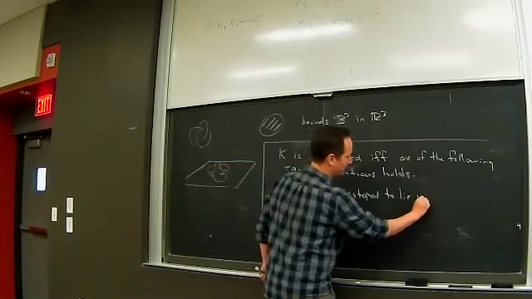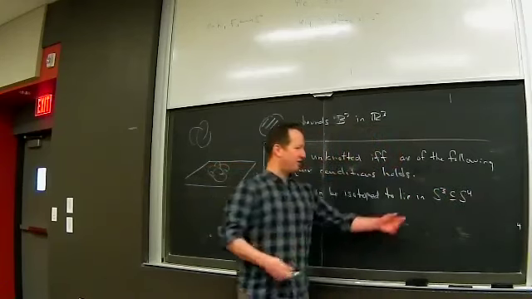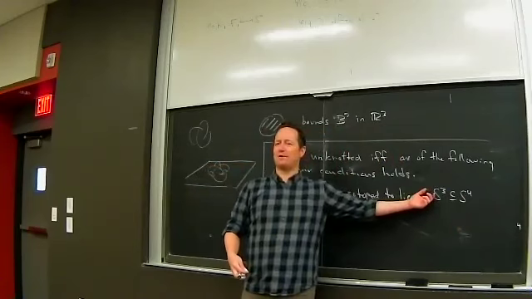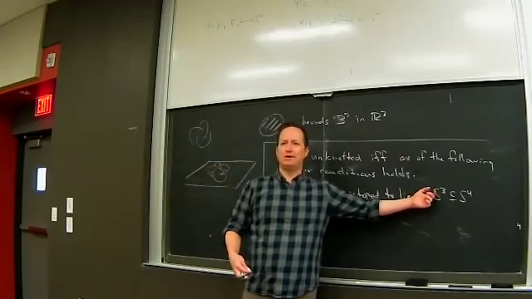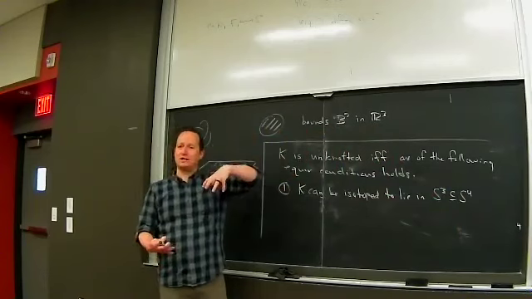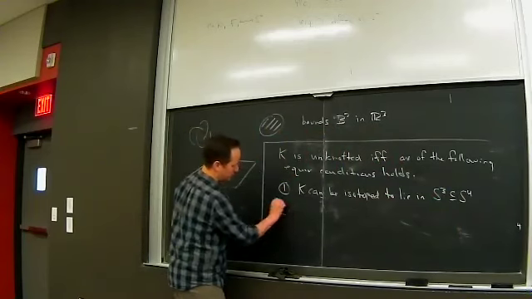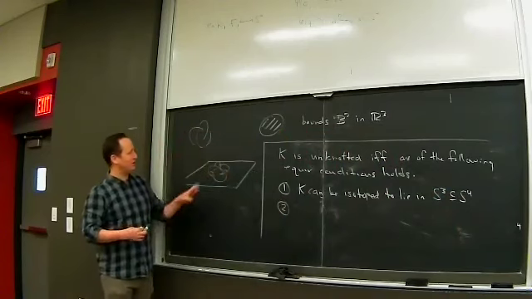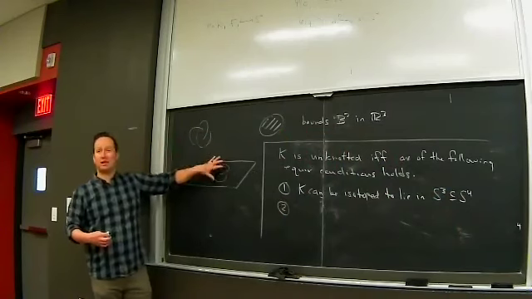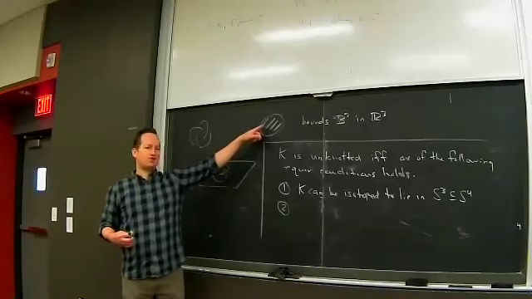to lie in S3. Is everyone okay with the fact that we have some copy of S3 that lives inside of S4? And so if K is unknotted, that means that we can push it into this copy of S3 entirely. So condition one generalizes this picture here. The second condition, we want to generalize